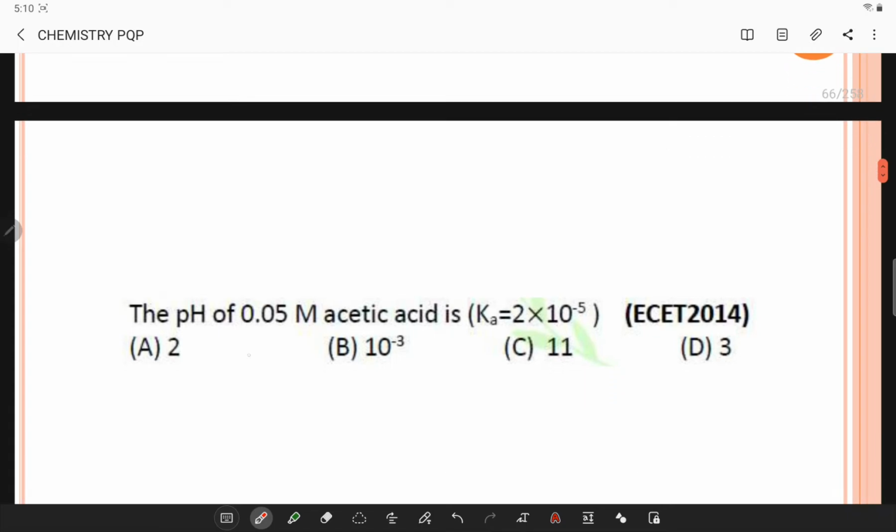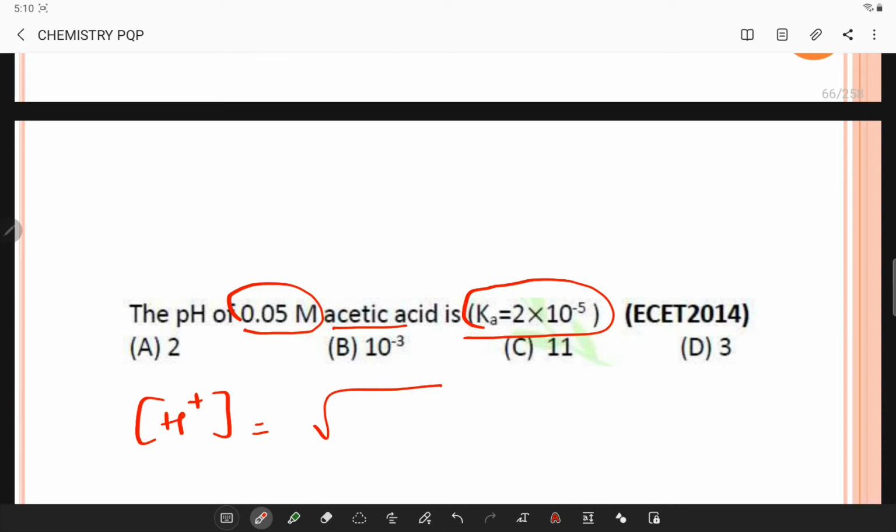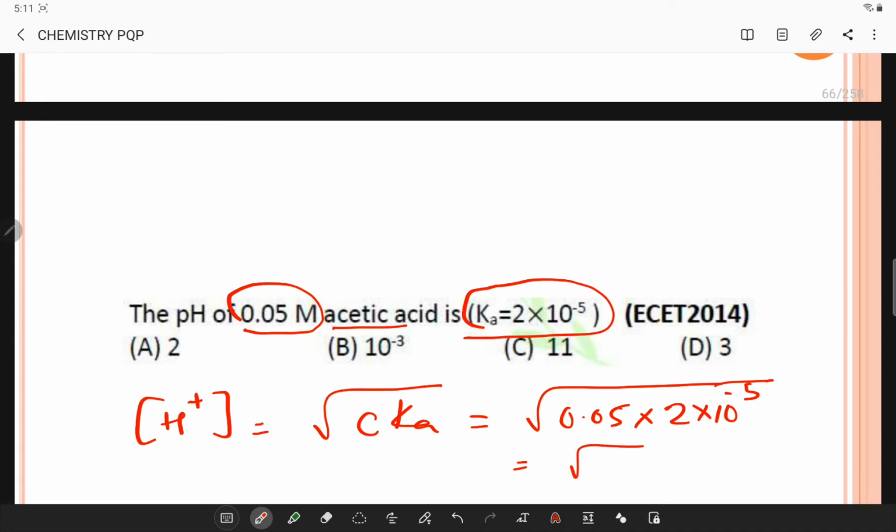So the pH of a 0.05 molar acetic acid is, provided Ka is given. Now for H plus, you have the formula root of C into Ka. So here the concentration is 0.05 and Ka is given as 2 into 10 power minus 5. So if you simplify it, you will be getting 0.10 into 10 power minus 5, or I can simply write